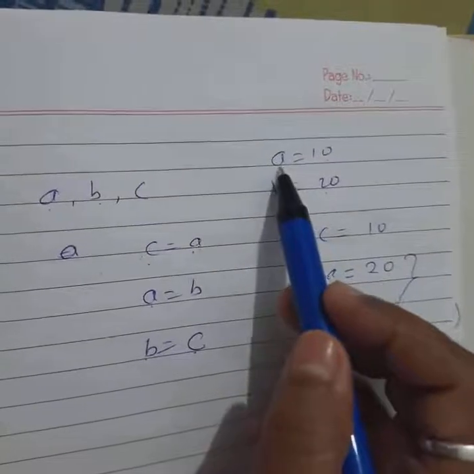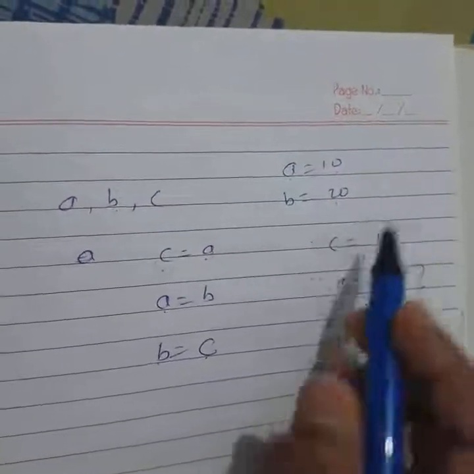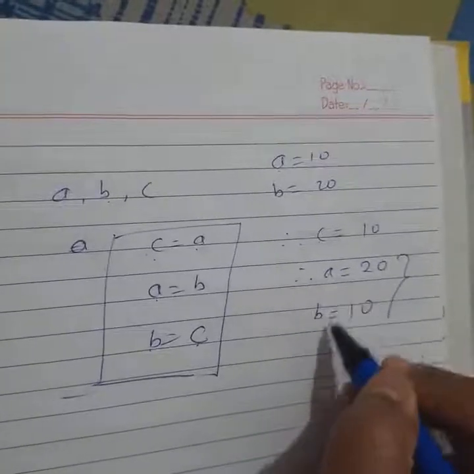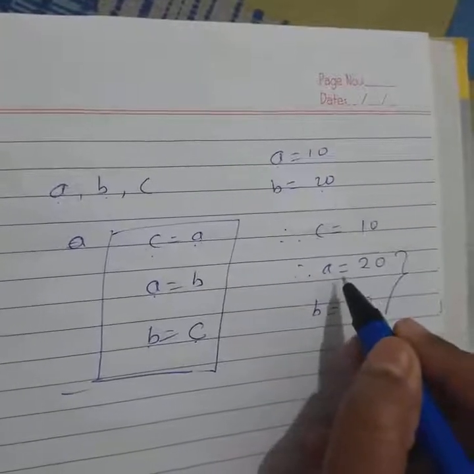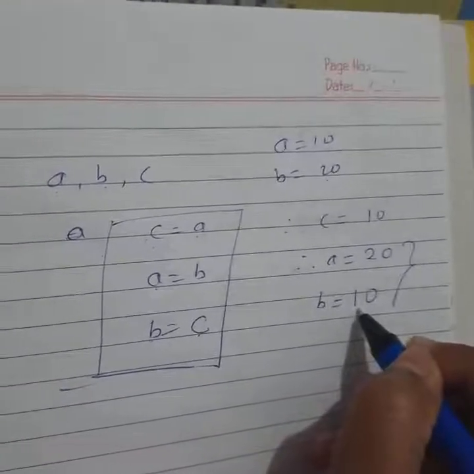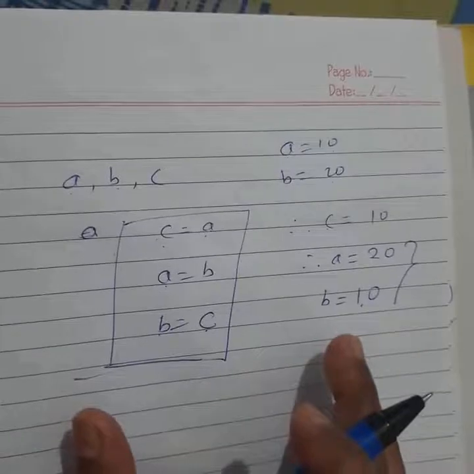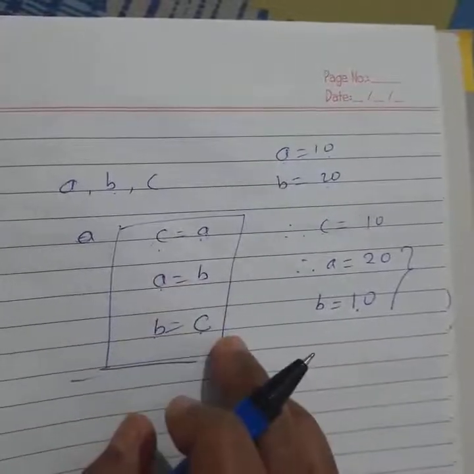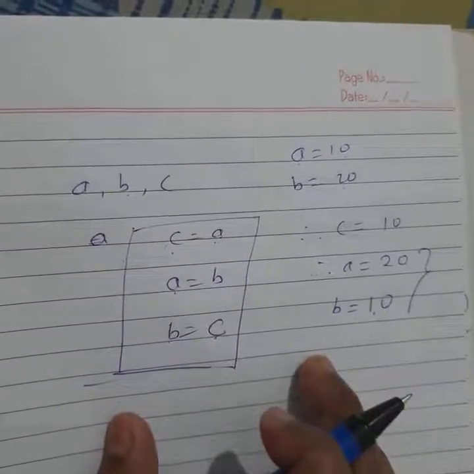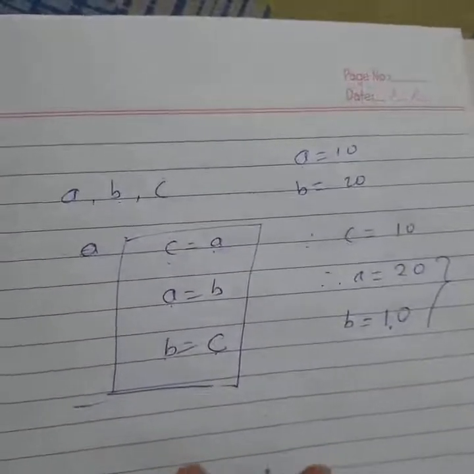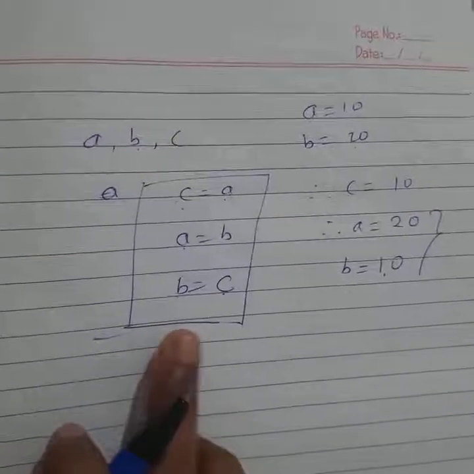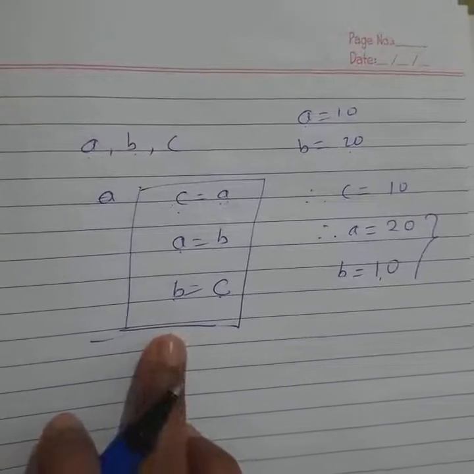Starting, we take the values a is equal to 10 and b is equal to 20. After swapping, this logic will interchange the values, so a is equal to 20 and b is equal to 10. This logic of swapping two numbers I have practically done. This is in a program. I will show you this program practically after 2-3 minutes, and also I will show you the output of this program.